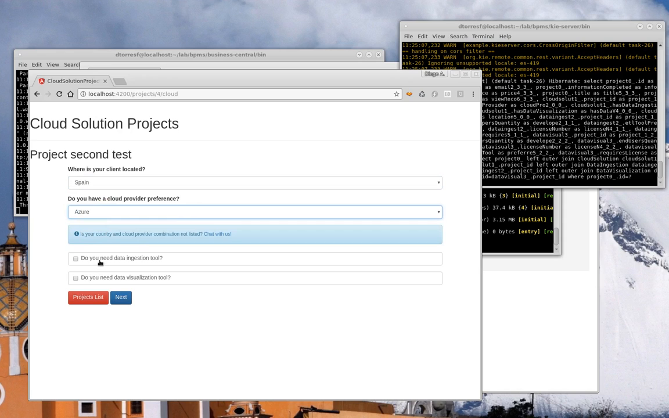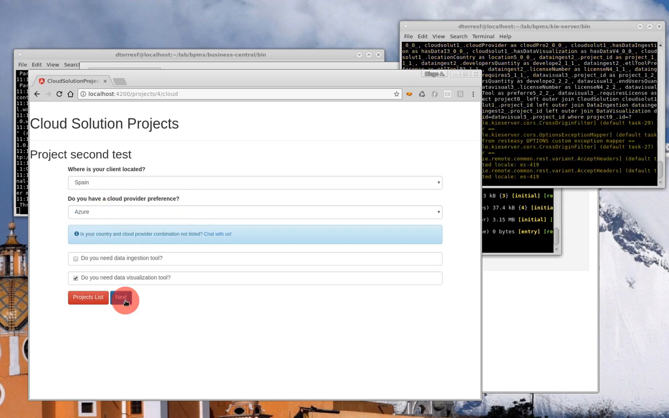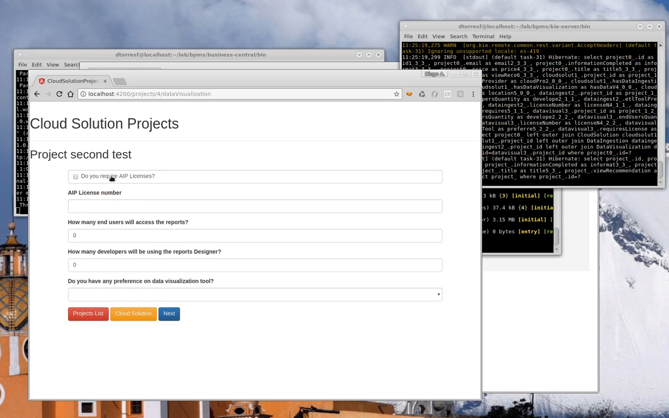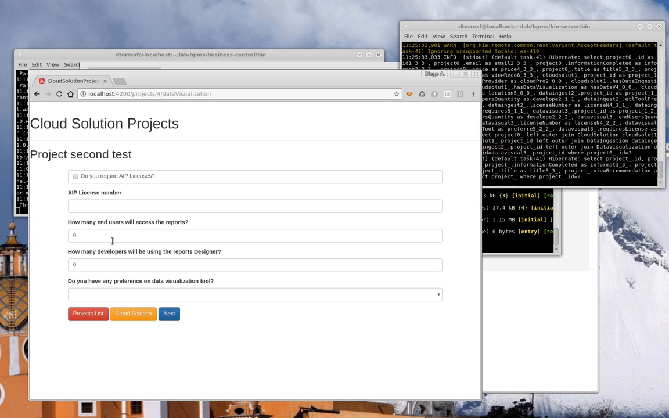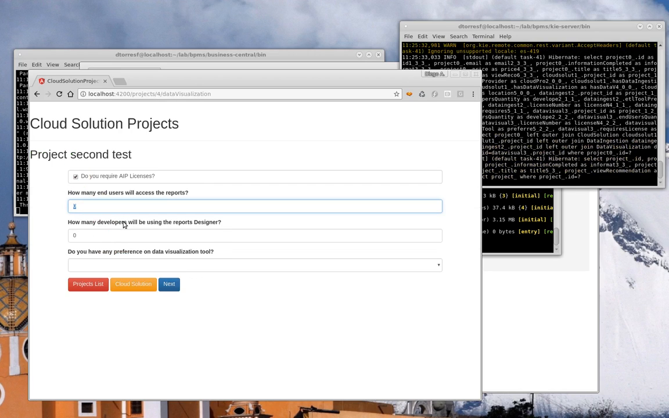So I will use data visualization for this one. Click next, and I see the data visualization tool definition for this one. I can go back to the projects list, and if I click again to this project 4, I still need to define the data visualization tool. Once I define this data visualization,